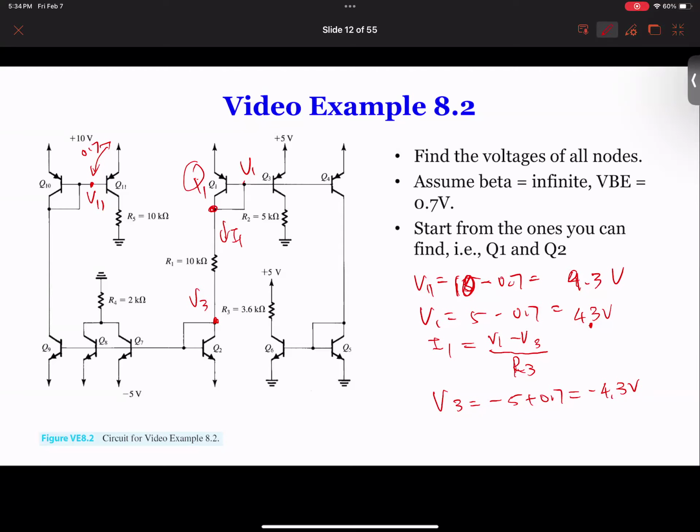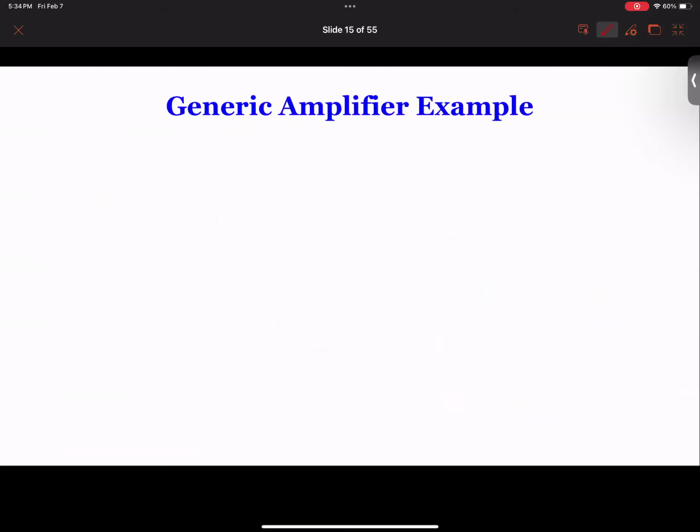So we're not going to go into too much detail on this one because you guys already found that. I want to go back to the generic amplifier that I discussed a little bit earlier, so we enhance your understanding. So you have a generic amplifier, AV, and your output here. AV is the voltage gain. And then in the ideal case,